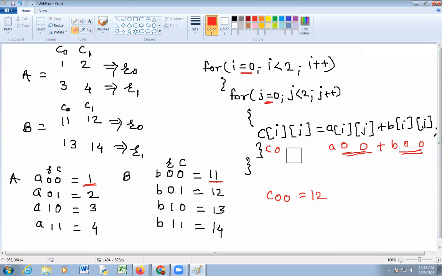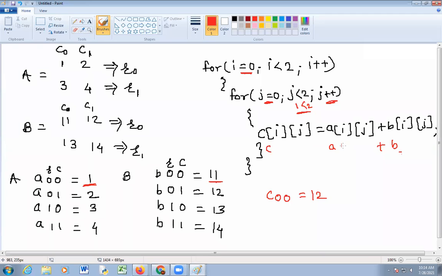Yes, sir. Okay. Then after incrementing the value of j, j will become 1. So 1 is less than 2. This condition becomes true. At that time, i equal to 0, j equal to 1.